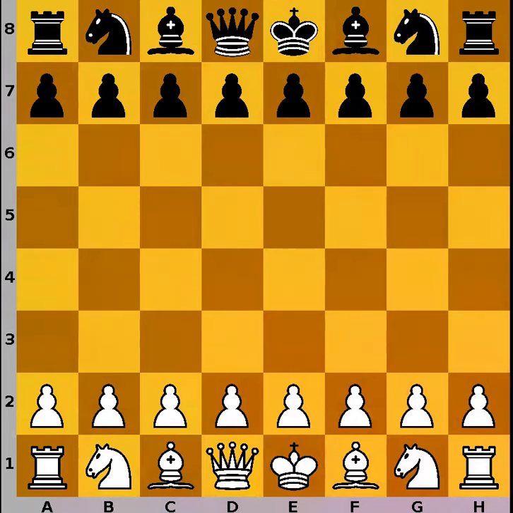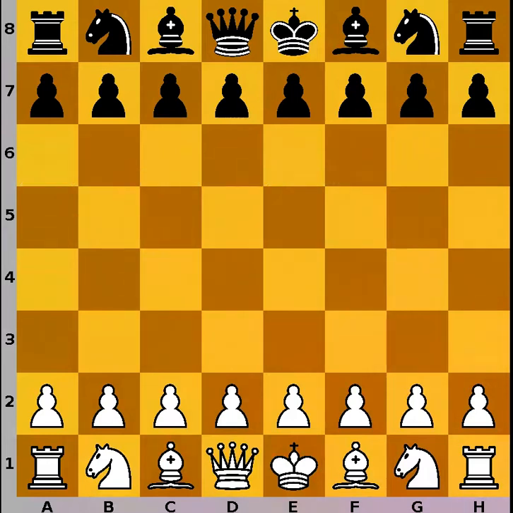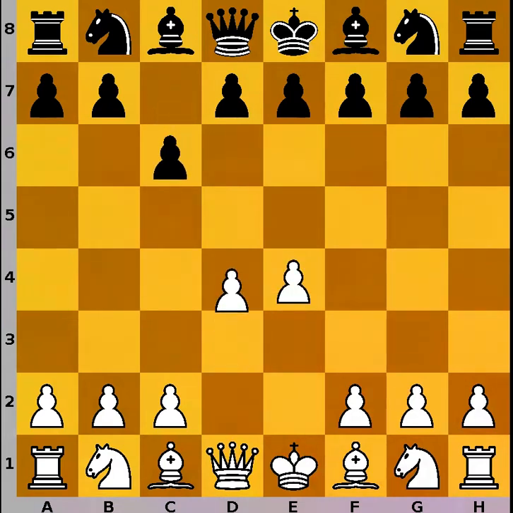Today I'm going to show you a game between Aryan Tari and Alireza Firouzja. It was played recently at the Altibox Norway Chess tournament, which was finally a non-online chess event played at real boards since the corona lockdown. Anyway, in the game Aryan Tari had white pieces and he started with e4, c6, d4,